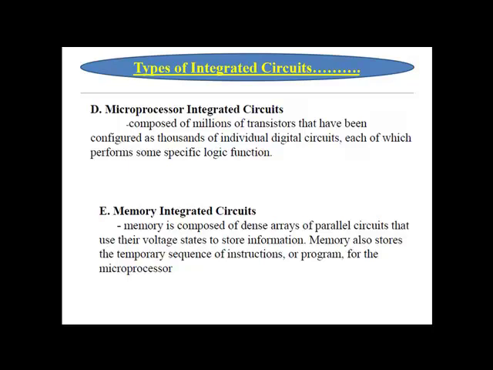Basically, we are using MOS devices as a capacitor that will store information in terms of voltage. If the particular MOS capacitor is charged, it is considered as storing 1, otherwise it is storing a 0. For sensing the voltage and information, we are using sense amplifiers in the memory integrated circuit. They are also designed under the memory integrated circuit technique. And these types of memory IC circuits are the RAM.